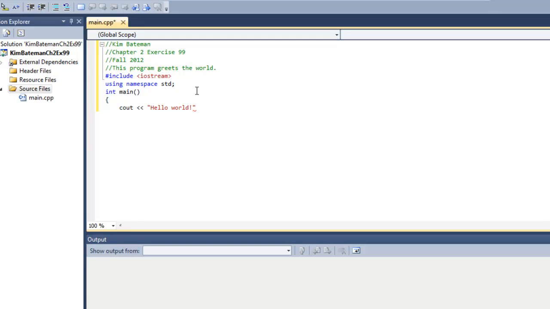And then I end this statement with a semicolon. So my statement is cout, and then my stream insertion operator. Then the text that I want to output is "hello world." I have to use double quotes around that because it's just a constant. It's text that I want to have output. Press enter at the end of this line,